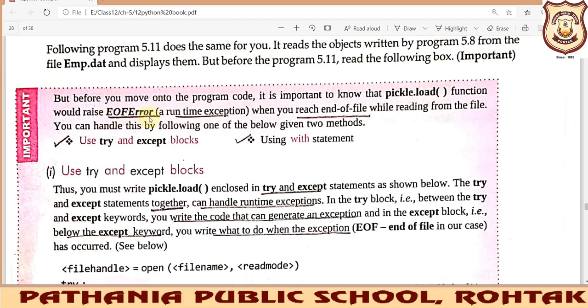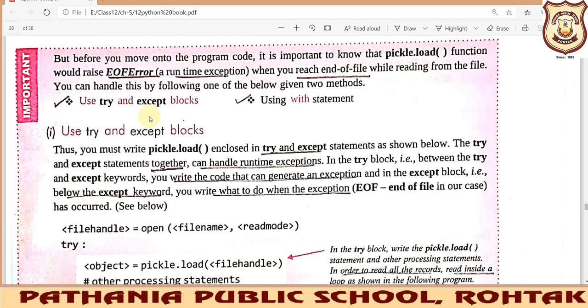So how do we deal with the end of file error? For that we should raise an exception. Whatever we are supposed to do, we must write those statements in the try block, and whatever reason can be there because of which an error can be raised, that should be dealt with the help of the except statement. Another exception can be if we are trying to open a file and that doesn't exist, then also there can be an exception.